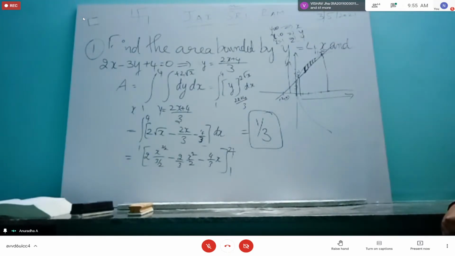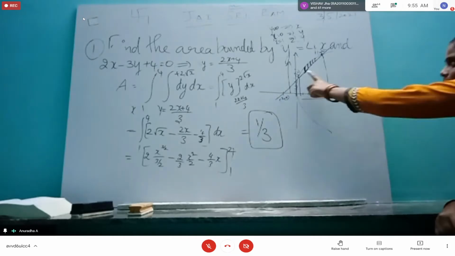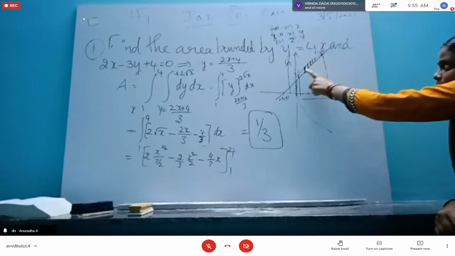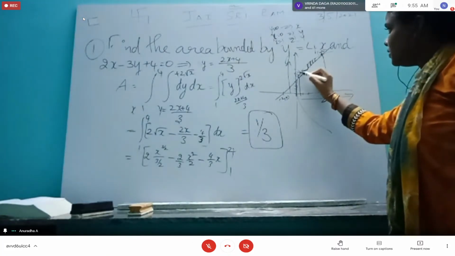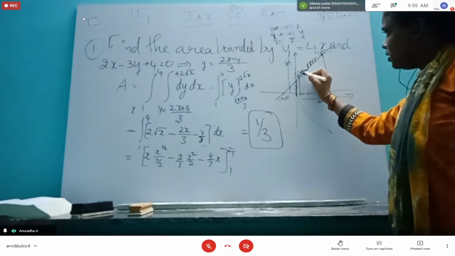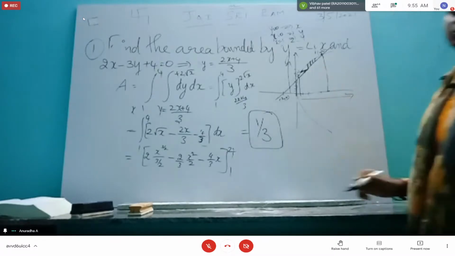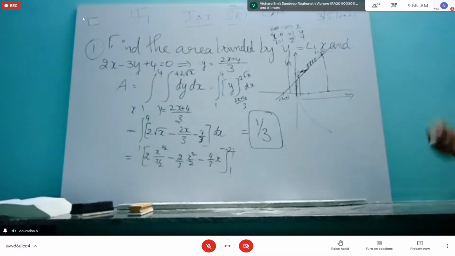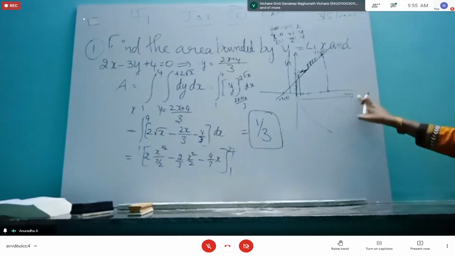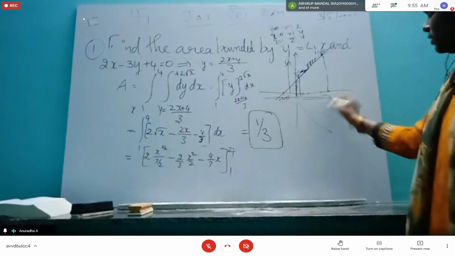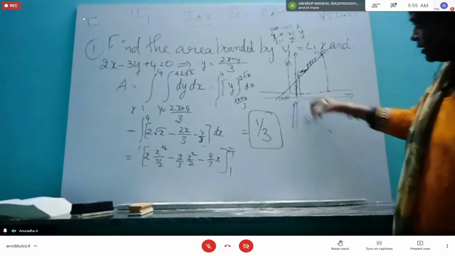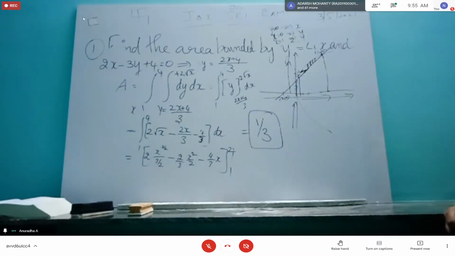Always, the y strip is like that. And if I have done a horizontal strip instead of a vertical one, then this will be the lower limit and this will be the upper limit. That time I would have written x equal to, because the x-axis increases in this format. Whichever quadrant, even here I take it like this only, I increase here. Even here I increase like that. Okay, ma'am.